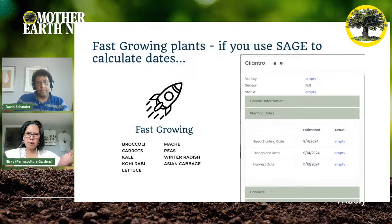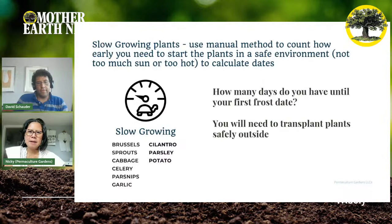He's actually a software engineer, and he made this app, and it will spit out your seed starting date, transplant date, and harvest date automatically. And if you have slow growing plants, you may still need to use a manual method to double check those dates. If it's a slow growing biennial, like Brussels sprouts, cilantro, parsley, parsnip, because as Dave mentioned,